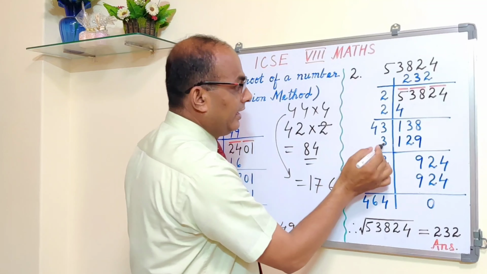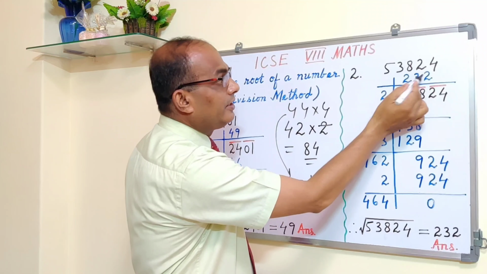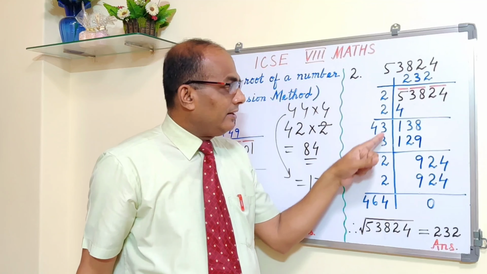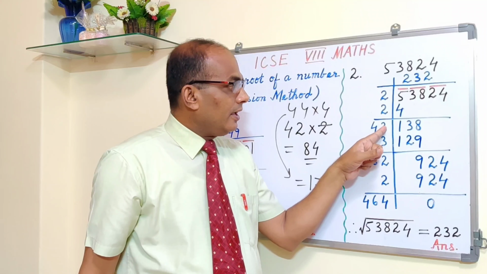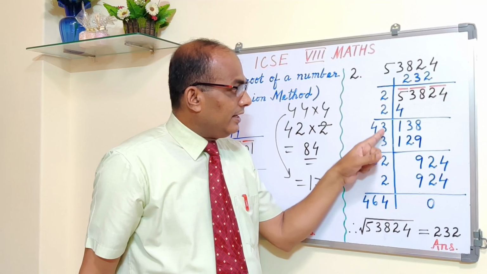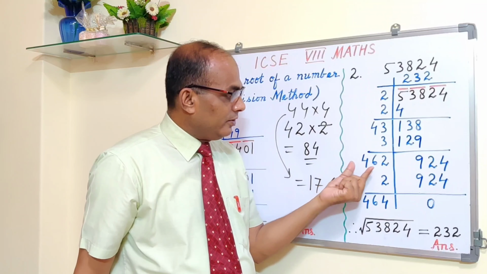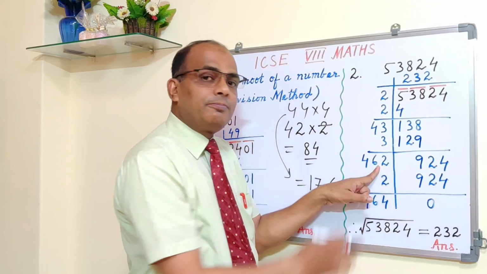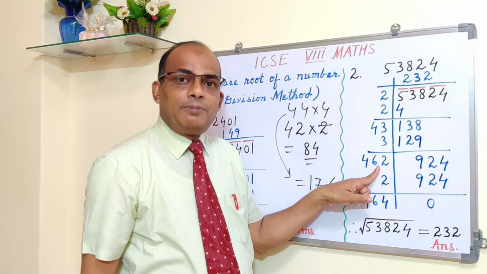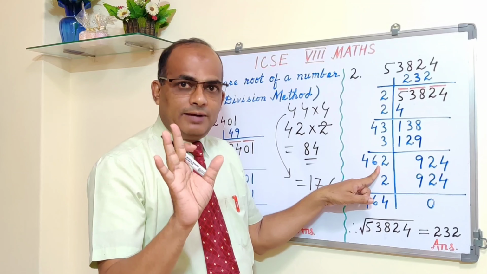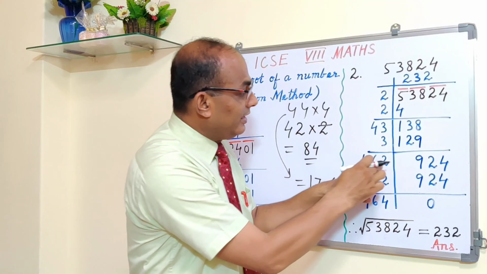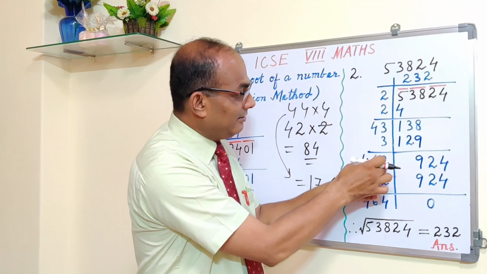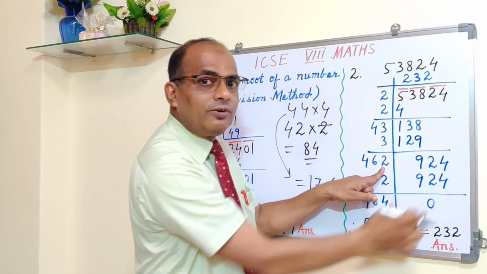Again you write down 3 here. Either you double this, 23 you double, so 23 when you double it, that becomes 46. Or you can think like this also. You add 3 here because here at units place you have 3, first digit. So you write down 3 here and then add 3 plus 3 is 6 and 4 as it is. So you are getting 46. And on the right of 46, again there will be a blank space. Why? Because here again you are going to guess, you are going to find out the greatest possible digit, so that when you multiply this by that possible digit, you get either 924 or less than 924.